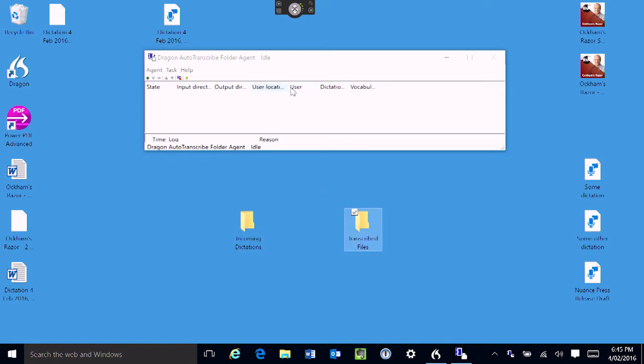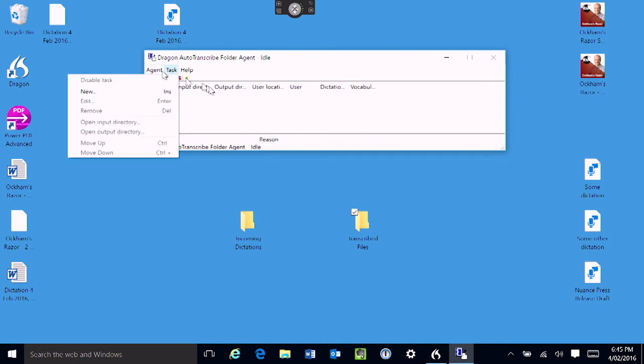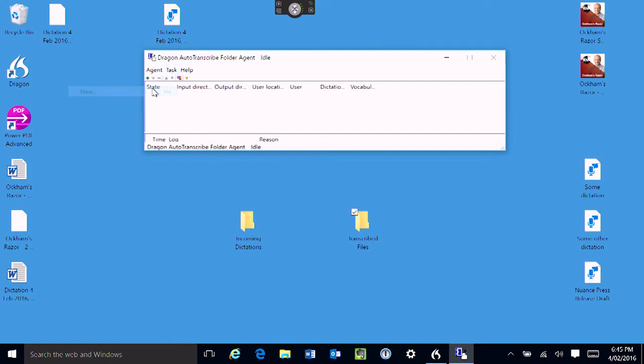What this auto-transcribe folder agent will do is watch the input folder for files appearing there, and it will then automatically convert them across into transcribed files. Now, what we need to do here is set up a new task that does this for us. So we go to the Task menu in the auto-transcribe folder agent, click on New,